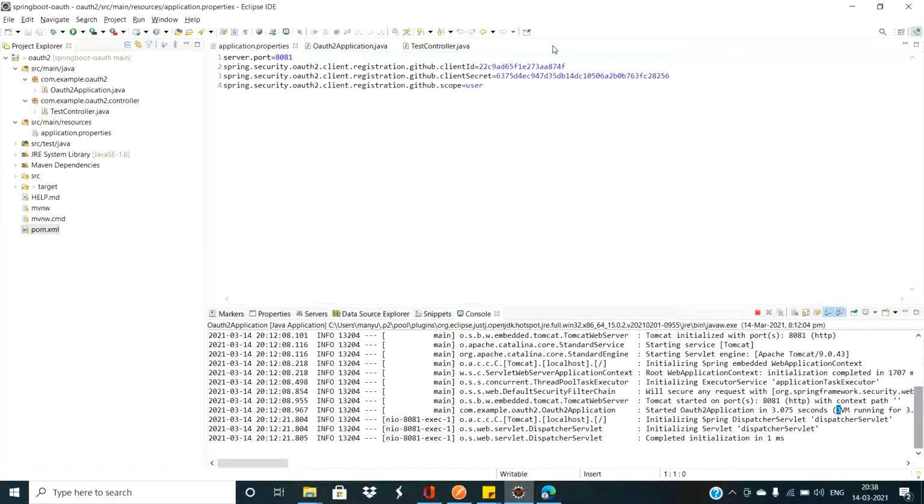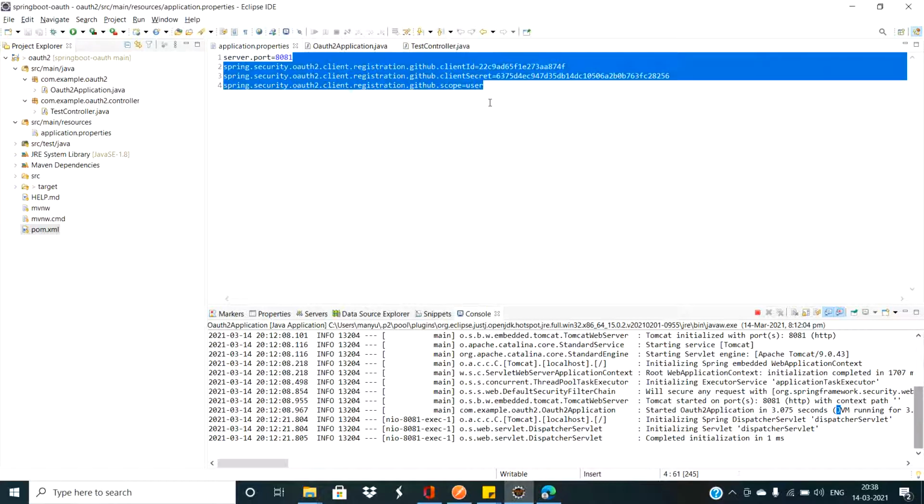Just to let you know, to save time, I've created this project just before this recording. That is the purpose of this video as well, so that it should be simple and a small one. In the application properties, because I'm already using the 8080 port, I've specified the new port, and these are the three OAuth related configurations as of now.